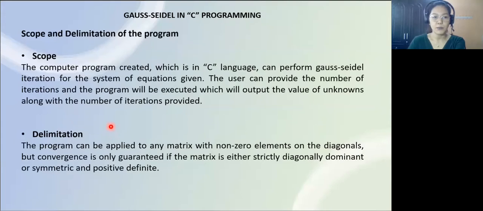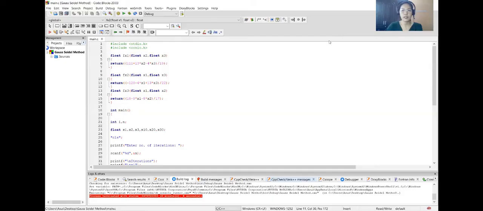The limitation of the program. The program can be applied to any matrix with non-zero elements on the diagonals, but convergence is only guaranteed if the matrix is either strictly diagonally dominant or symmetric and positive definite. If these things under the delimitation are not considered, our program might fail or give an erratic result.